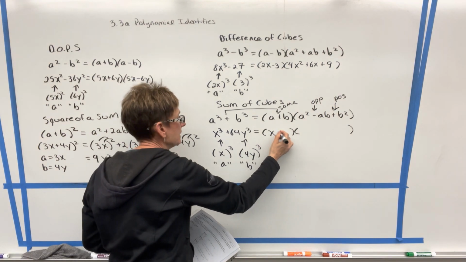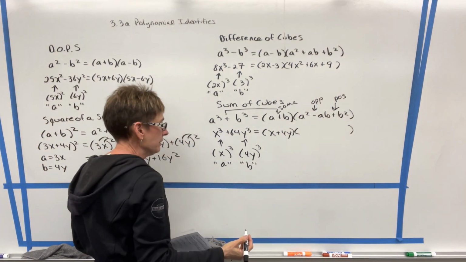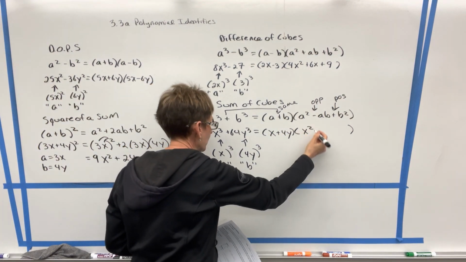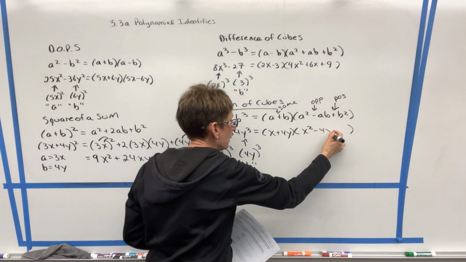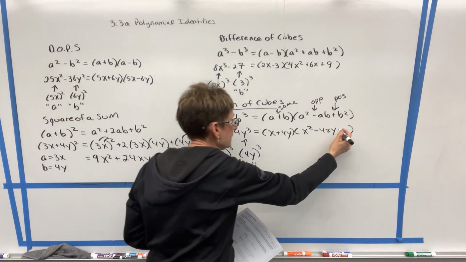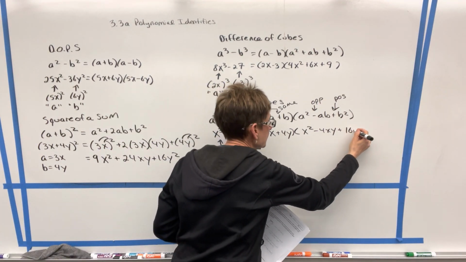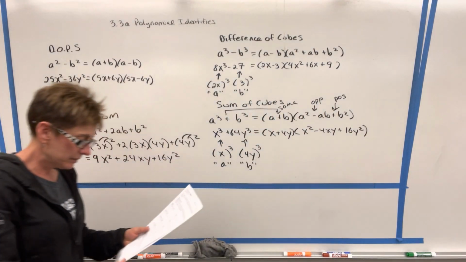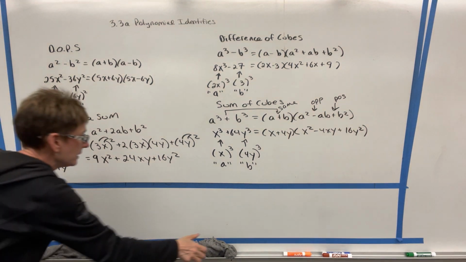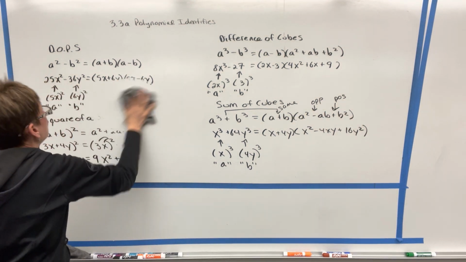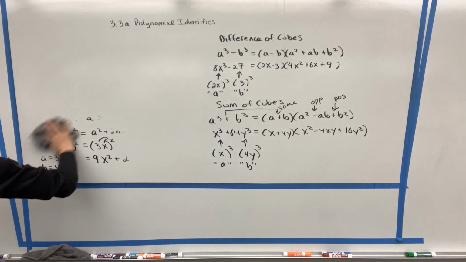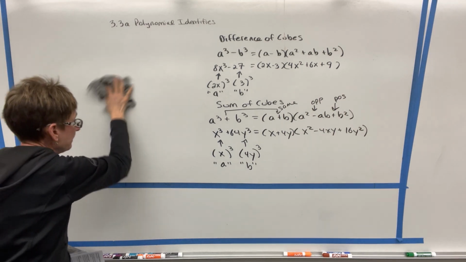So we're going to have x plus 4y here, and then x squared minus 4xy plus, keep in mind we're squaring the 4 and the y, 16y squared. So these identities are fairly important, and they do come up fairly often in this math class and in future